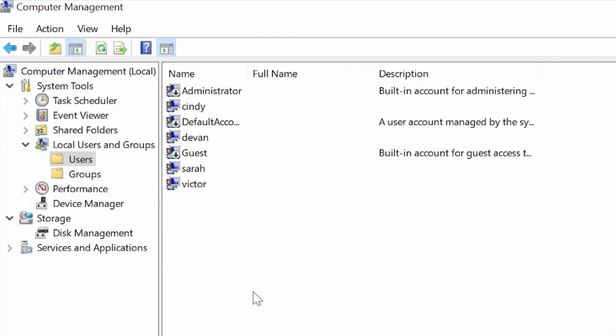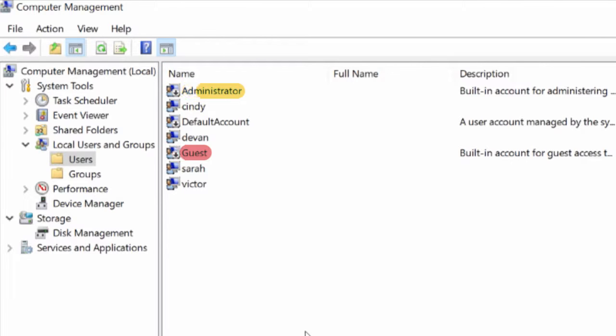Under Users, we can see a few built-in Windows accounts like Guest and Administrator. The local administrator account lets you log in using the administrator username and whatever the administrator password is on the computer. This account is disabled by default. Since this account has unfettered access on the computer, it can be dangerous to be logged into it at all times. For now, let's look at the account I'm in. Cindy. Let's double-click on this to see more information.